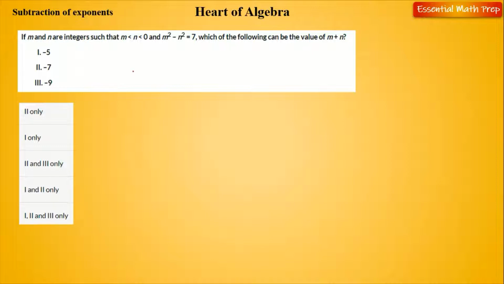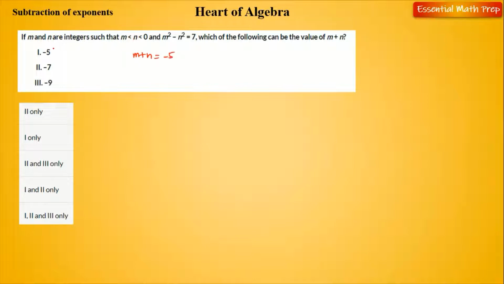Okay, here's what I'm going to do. Instead of randomly assuming values for m and n, where there are a lot of possible values, we do know one thing: m and n are negative because they're both less than 0. m is even less than n, but they're both less than 0. What if we start with m plus n equals